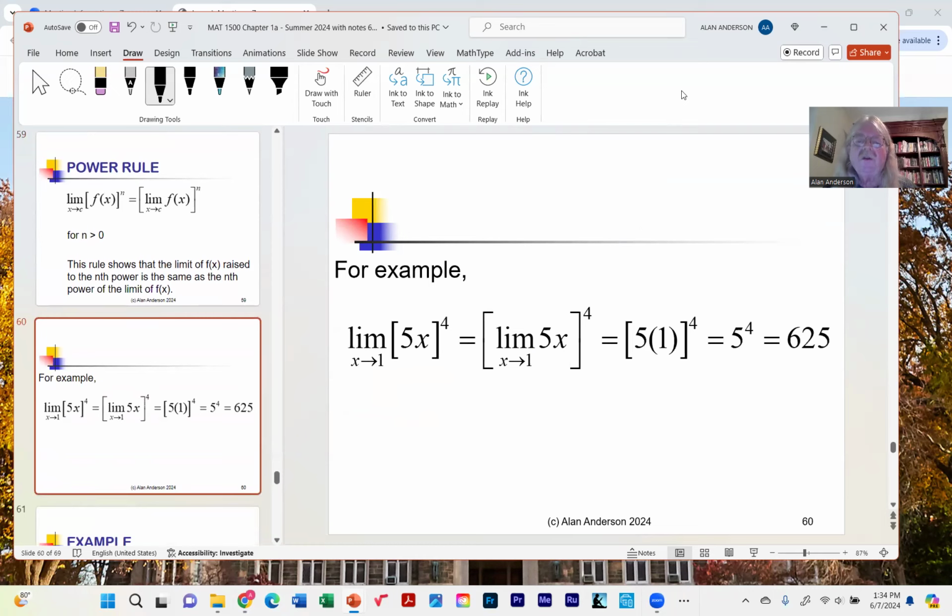The limit of 5x to the fourth is the same thing as the limit of the entire expression 5x, raised to the fourth. So in other words, instead of evaluating this directly, which you certainly could do, you're trying to simplify it a little bit. You're now just evaluating the limit of 5x as x approaches 1. And then when you're done, you can take the entire expression and raise it to the fourth power. In a case like this, it didn't really speed up anything. Here you would have had